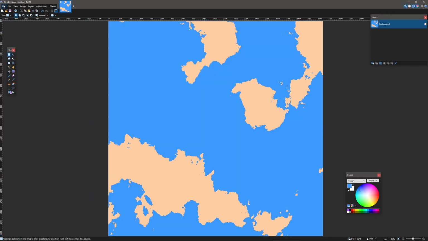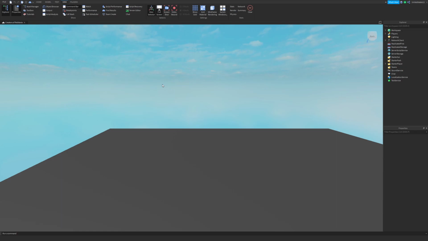Same thing, we're going to go up to file, and then we're going to save as. We're going to save that file, and we're going to upload these into Roblox Studio. Okay, so once you have your 2 images that you want to work with, unless you're not using a color map, then you'd have 1 image.